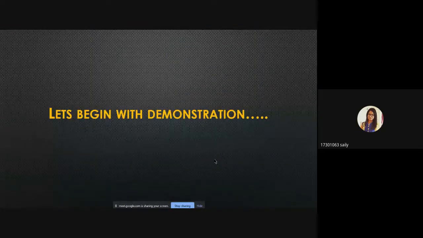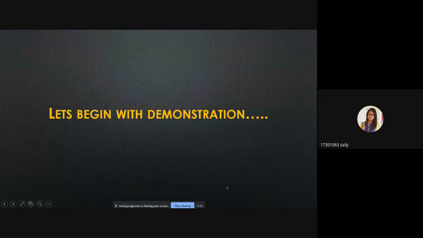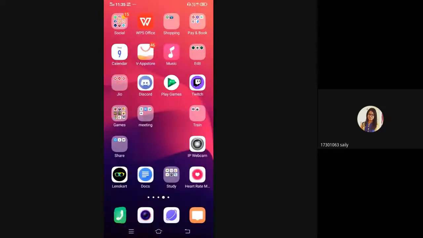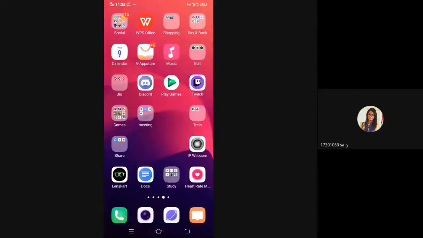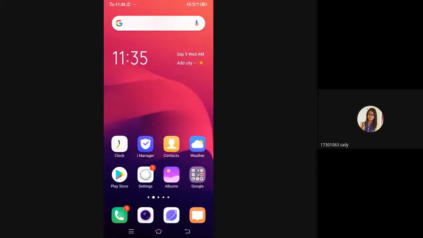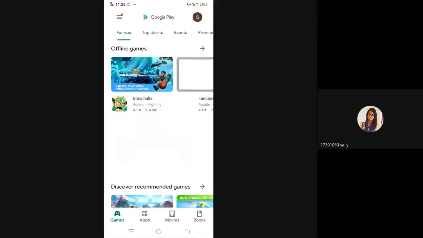Let's begin with the demonstration now, which will be continued by Saurabh. Okay, so to install the Decrypto app on our Android phone, first we need to go to the Play Store and search in the search bar for Decrypto.